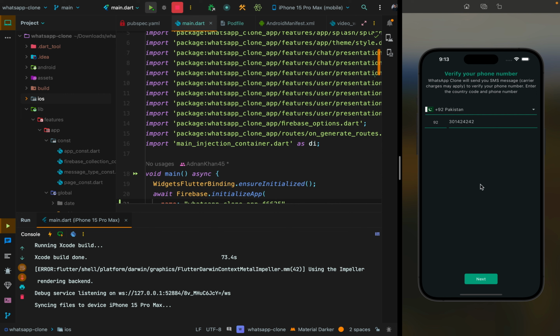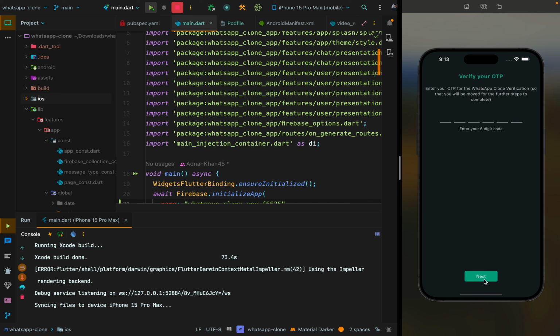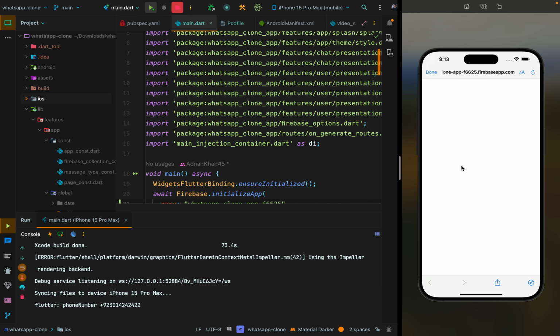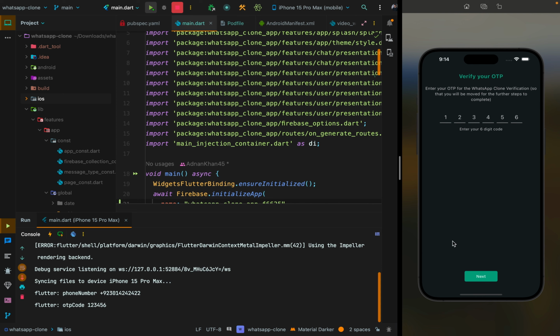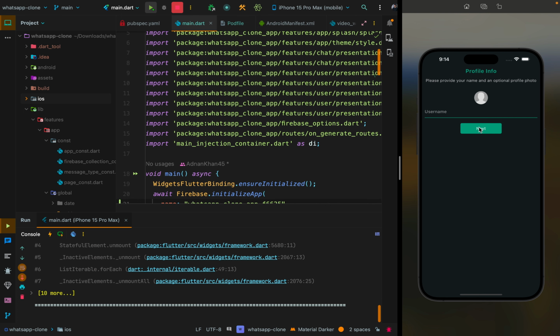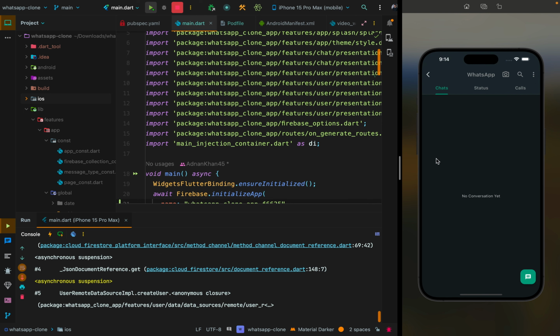301-442-4242, and lastly also 2. Go for the next, and the OTP. Okay, this time it will open the reCAPTCHA since we have added the URL scheme, and it's verifying we are not a robot, which was not the case in Android. Let's put the OTP from 1 to 6, go for the next, and put the name in here, let's say John. Next, and we are signed into the application, and we don't have a conversation yet, and we